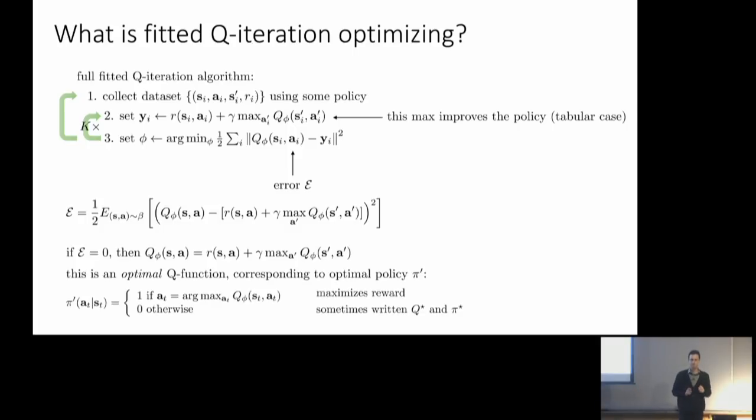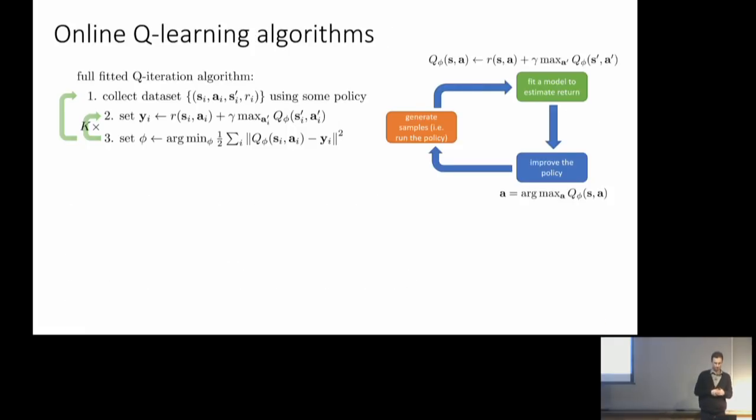Question back there? So does that mean it's guaranteed convergence? Like there's no local minima or anything? In the tabular case, yes. In the function approximator case, local minima are the least of your problems. There are much worse problems. Okay, yeah, so most guarantees are lost when we leave the tabular case.